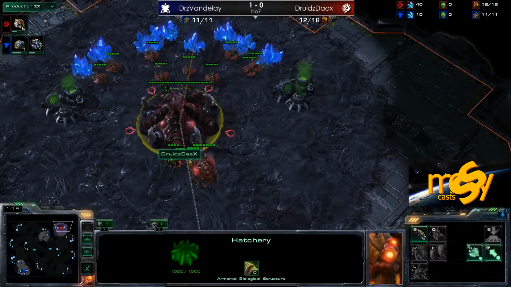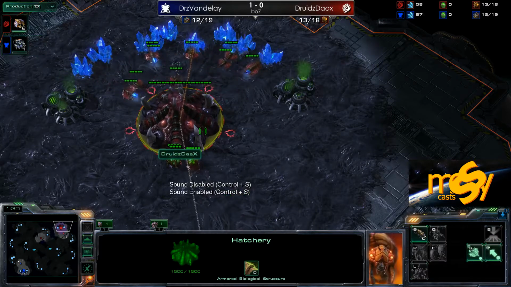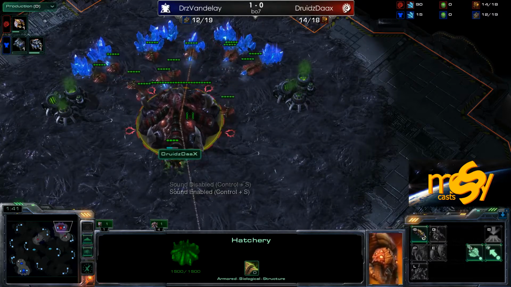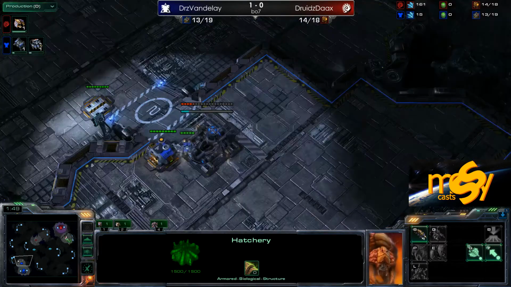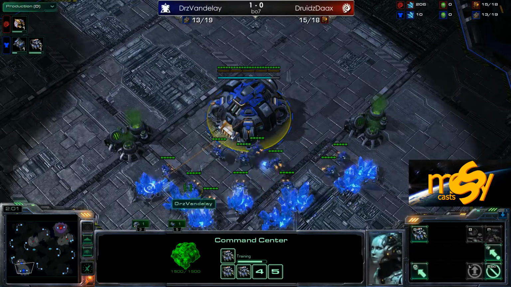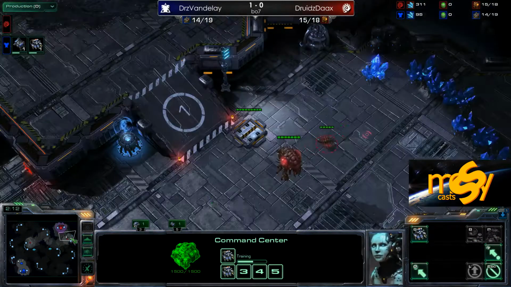And I do remember this from the first series that Daax and Vandelay played. It turned out to be a really close series, but the first 3 games went to Vandelay straight up, and he just really caught Daax by surprise. His macro games were good, but also he had a couple of really goofy games. He opened with a double Starport Banshee, he opened with double Barracks, like completely different build, and that was really